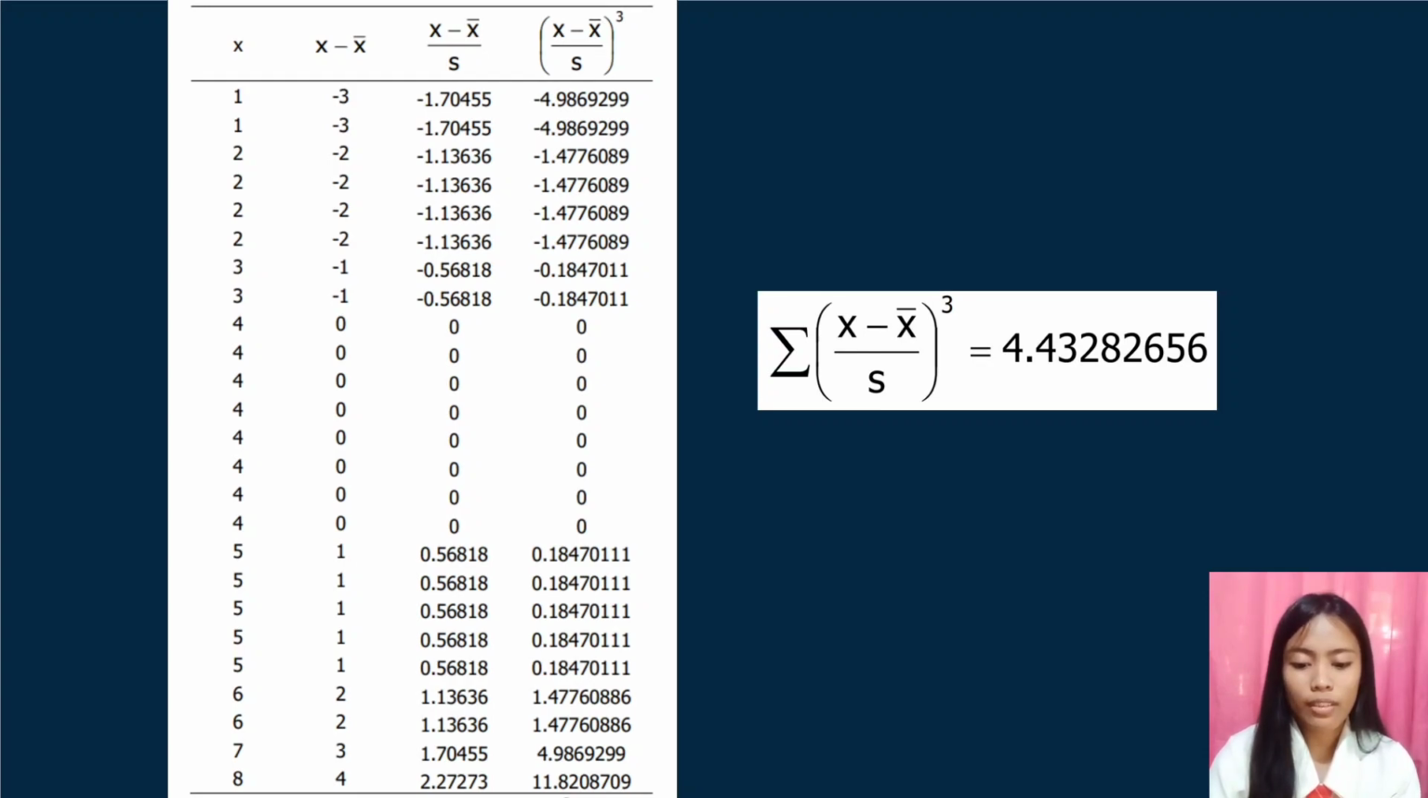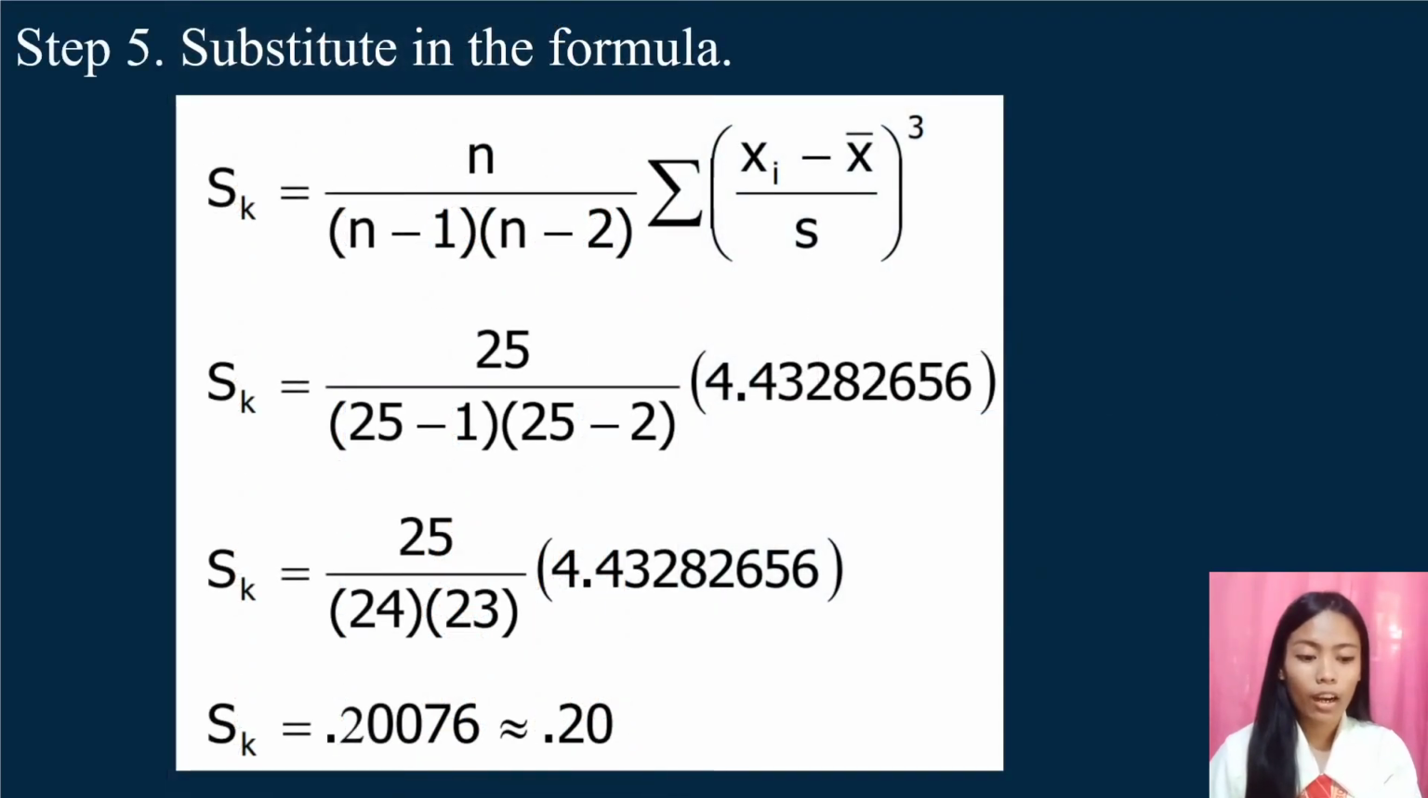4.98692999. And just like how we did earlier, let's just add all the cubed products to get the summation of x minus mean divided by standard deviation, cubed. Therefore, our summation of x minus mean divided by standard deviation, cubed, is equal to 4.43282656. Number 5. Substitute the formula of skewness is equal to n divided by n minus 1 times n minus 2